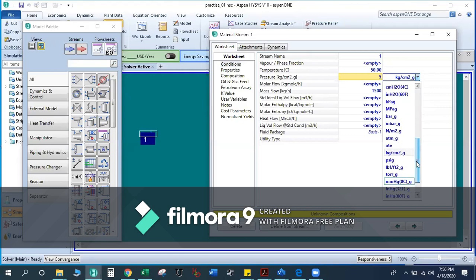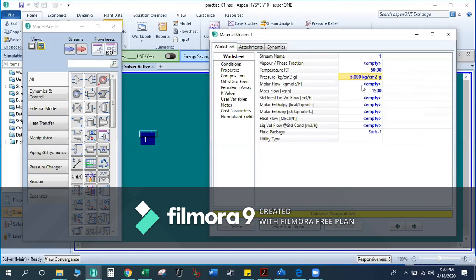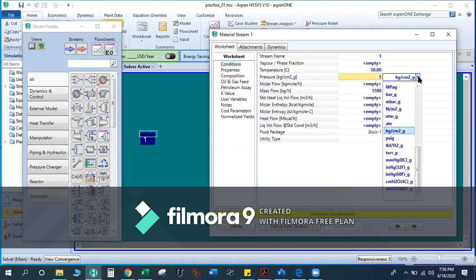But we are not using that option, because if you are using any stream, every time you will have to click over here and go to the drop down, and there are chances of error, chances of mistakes that you may commit.